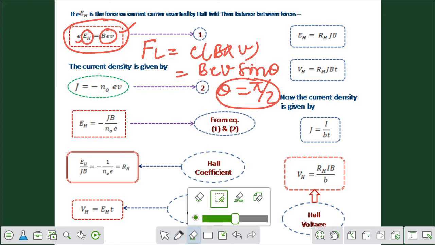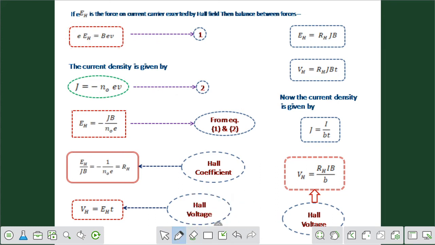Got my point? Okay, so in that equation, B is the magnetic field, e is the charge of the electron, and V is the drift velocity. You can write that drift velocity as V_d also. So here the small e and small e will cancel each other, and now the current density is given by, if you know, the current density is proportional to the drift velocity also.